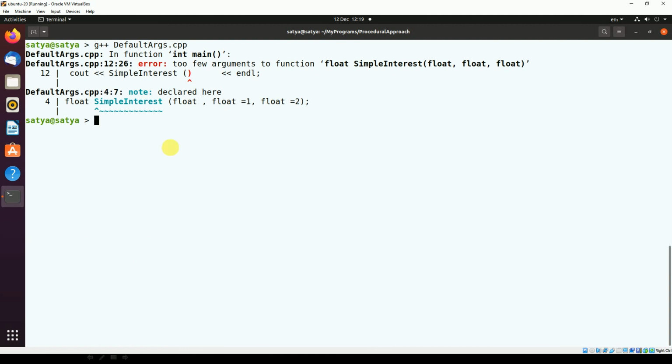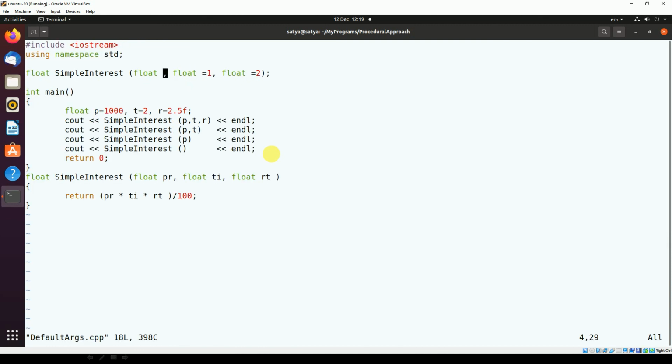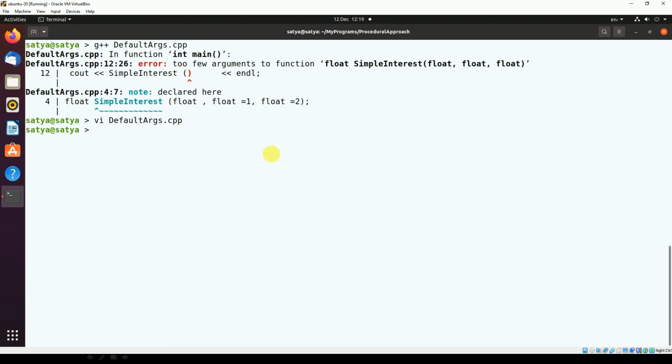See, now only one error. The last one we are getting, because we have provided default values for the second argument and third argument. The first argument we have not provided. So that's the reason we are getting an error here again. So now what we'll do is, we'll provide a default value for the first argument also. Maybe 10,000 I'm giving. Okay, so now see. Now all the function calls are working. So 50, 40, 20, 200. These are the values.